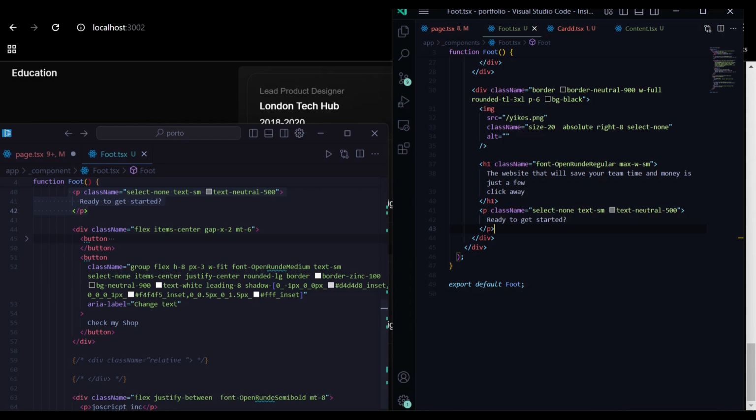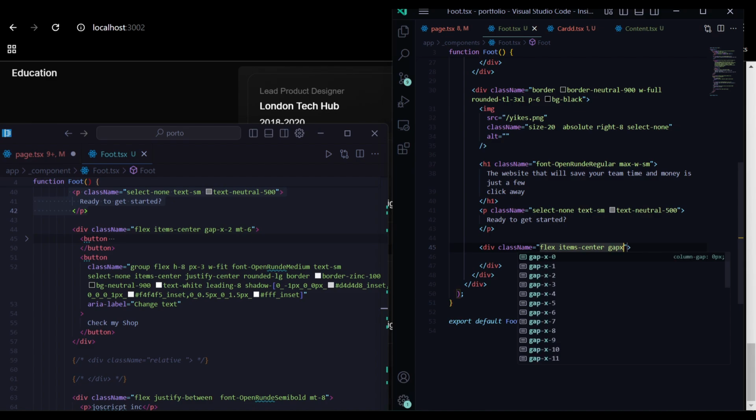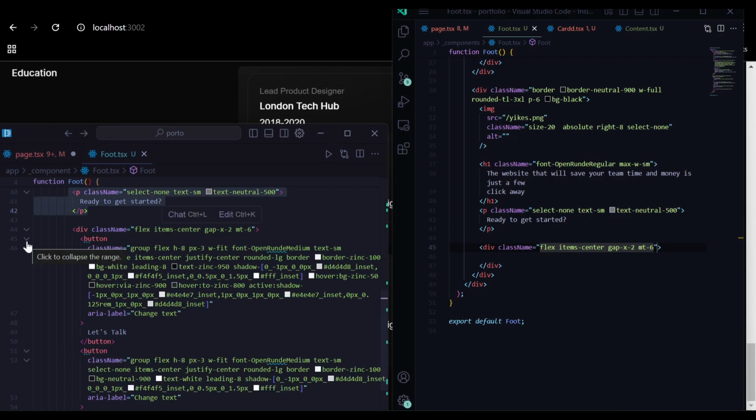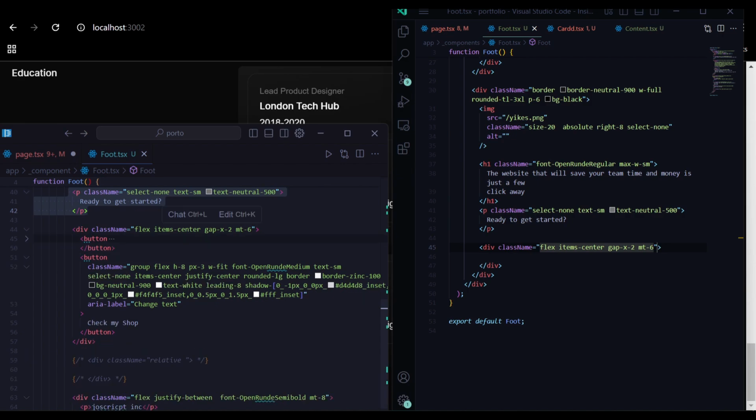Okay, so the next thing we want to do, we've got a div, give it a class name of flex, items center, and gap of x to be 2, and margin top to be of 6, and also the button seems kind of similar to the one we did earlier on, so we're not going to type it all over again. Actually it's the 2 buttons that look pretty much identical, so we're just going to work those in